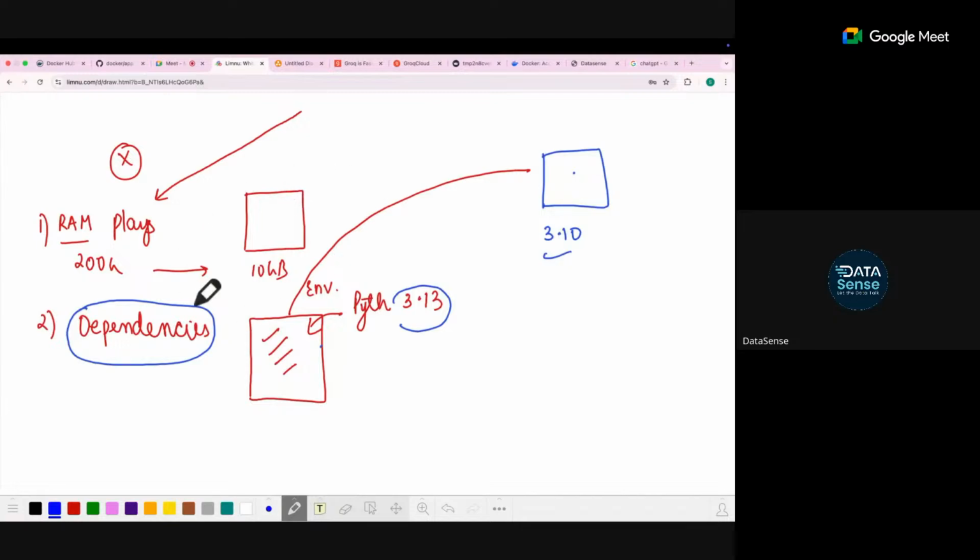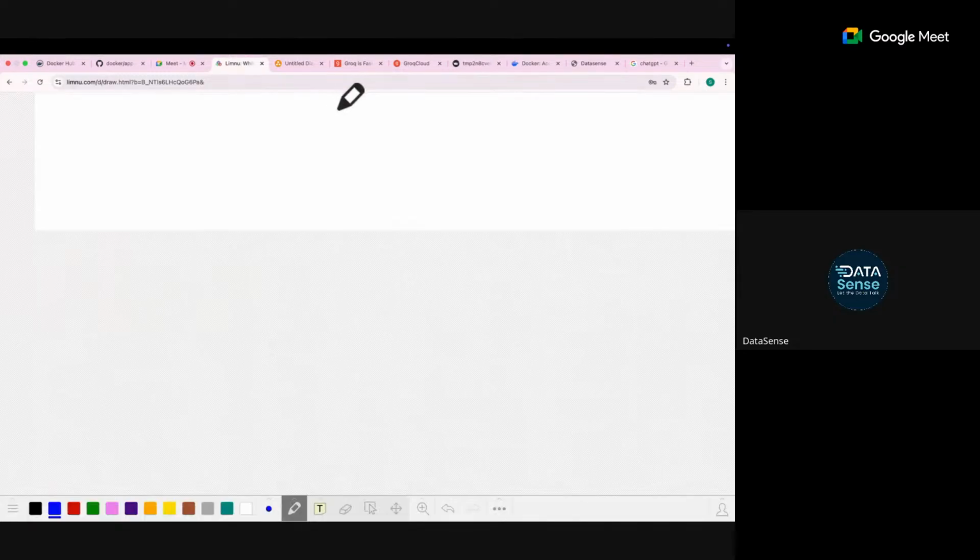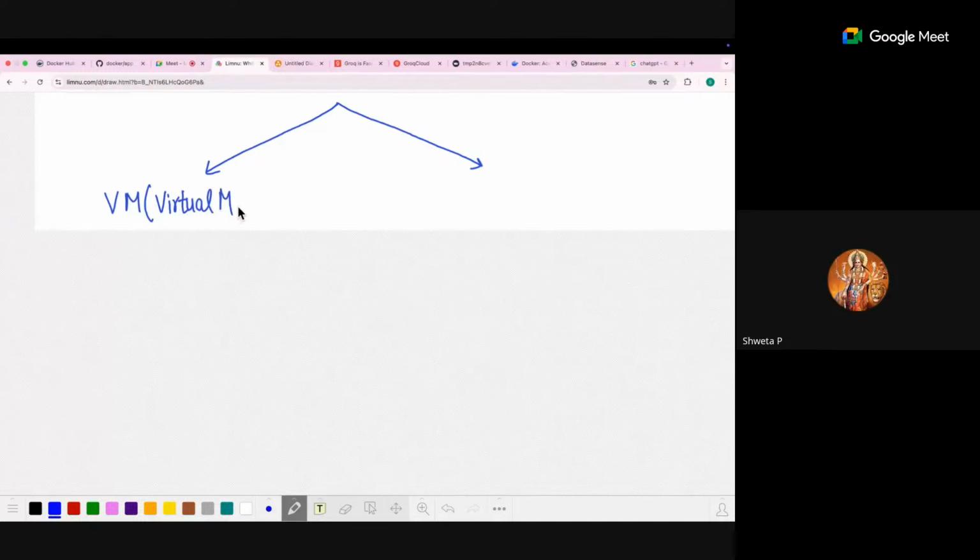So how do we handle all this? How do we handle these things separately? There are two methods to handle this. You might have heard of them in your daily life. The first method, which you use in a lot of places: have you heard of this word VM, virtual machine? Everyone works in IT, you guys work on virtual machines only, actually, right? And the second method is Docker.